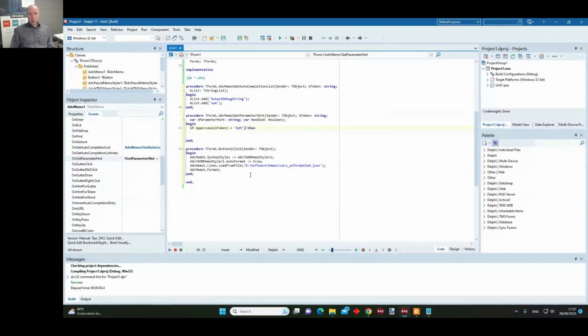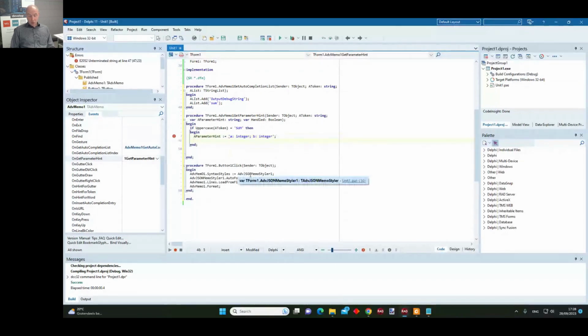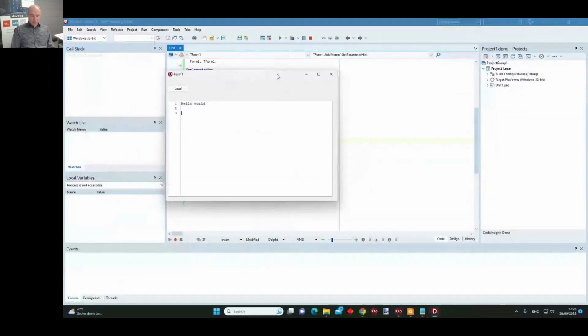And so if my token is sum, then I will return the possible parameters of this function. And a sum is typically the addition of two numbers. So I set the parameter hint to, for example, value, or no, I make it more simple, integer a and another integer b. That will be the parameters of my sum function. And I set handle to true because this is what I wanted to return for my sum function.